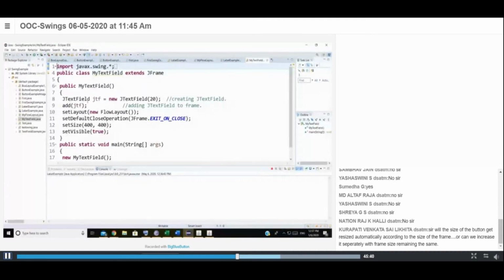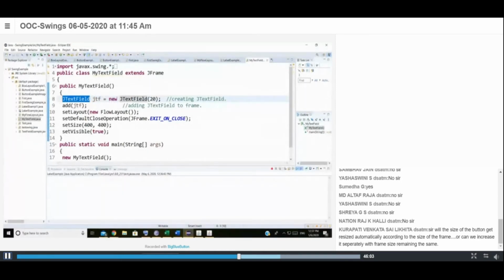In order to provide a box where you are going to enter some information or text, we have to create an instance which belongs to the class JTextField. You have to create an object for this particular class.